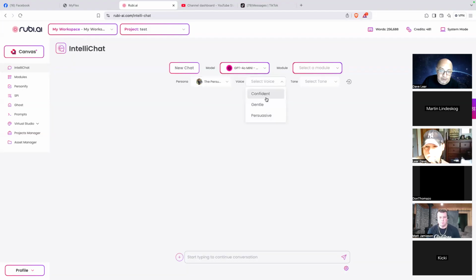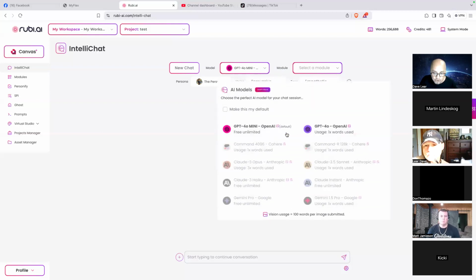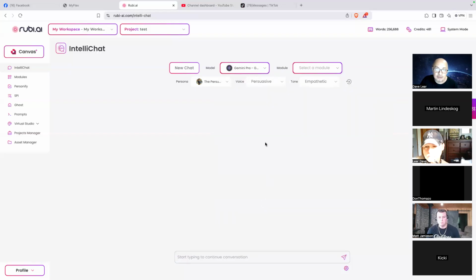If you want it confident, gentle, or persuasive, let's say I want it persuasive, and you can also select a tone. Let's say empathetic. Okay, and then I choose the AI models. Let's say I'd like to use Gemini Pro because this is my favorite.